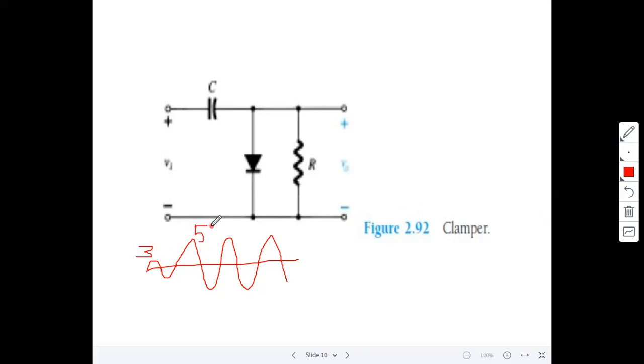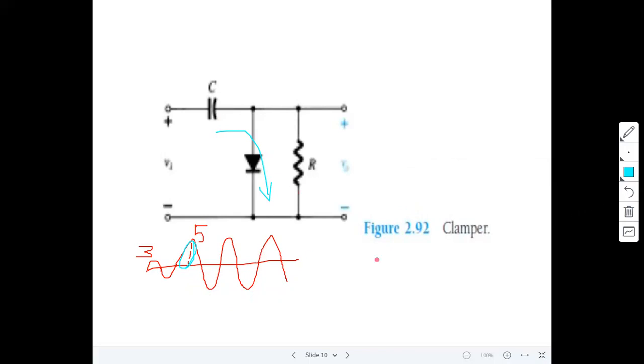In this case, the capacitor was previously charged to 3 volts. Now when the input changes to 5 volts, during the first quarter cycle of the input signal the capacitor tries to charge again, and the diode conducts again. This will take a few cycles. At that time this resistor is used.